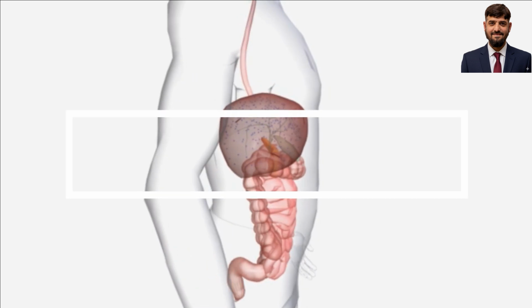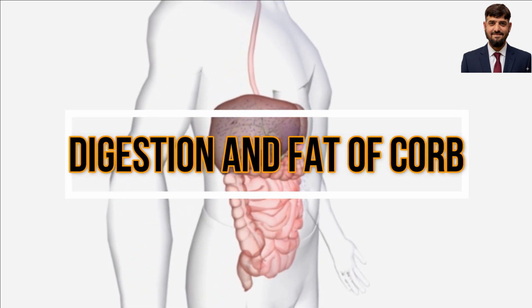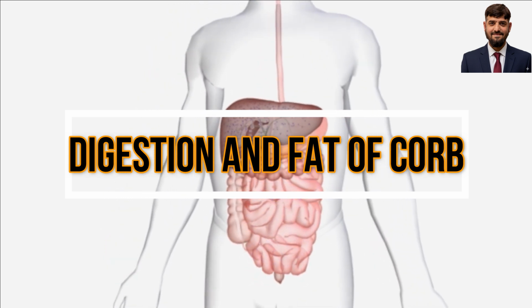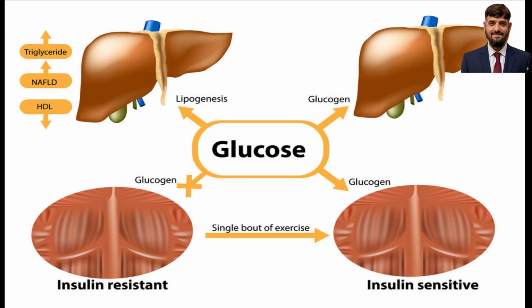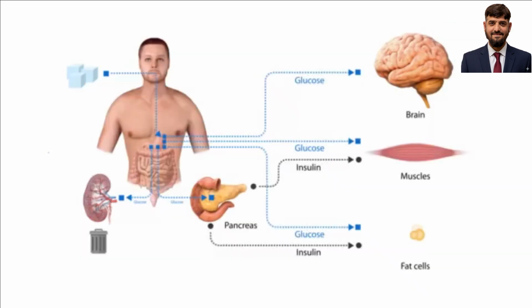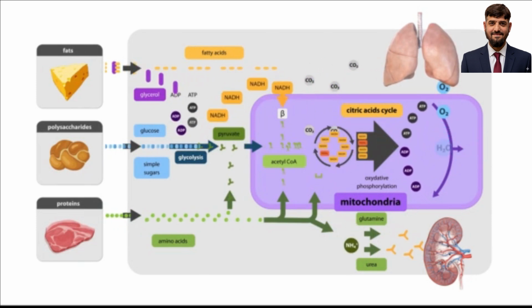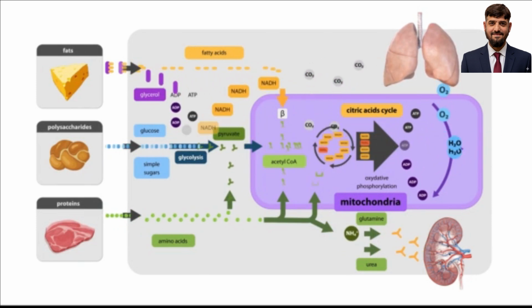Digestion and fate of carbohydrates. Dietary carbohydrates are digested into glucose, galactose, and fructose after absorption. The liver converts galactose and fructose into glucose. Glucose can undergo oxidation for energy, storage as glycogen or fat, or conversion into biologically important molecules like ribose, lactose, glucosamine, or glucuronic acid. The major pathways of carbohydrate metabolism include glycolysis, Krebs cycle, hexose monophosphate shunt, also known as HMP,